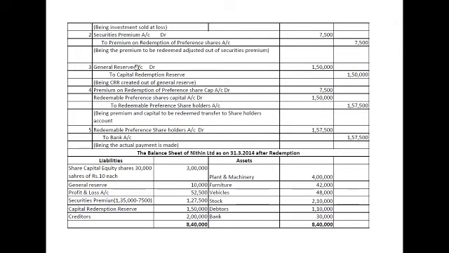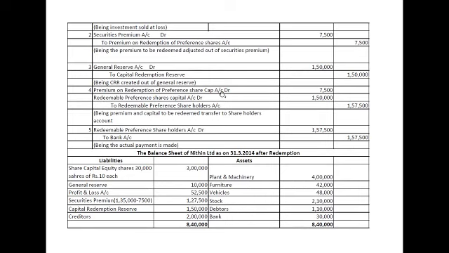Next, entry for creation of CRR, capital redemption reserve: general reserve account debit to capital redemption reserve. So CRR is created out of the general reserve account. Next, the last entry for transfer of amount to the preference shareholders account: